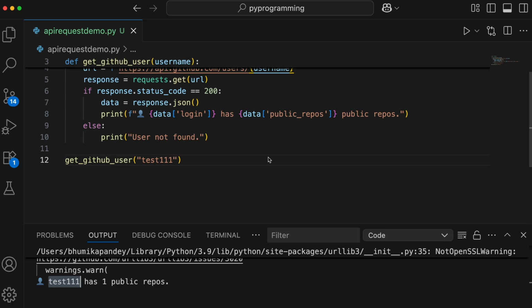Alright, so this was very basic of how you can make an HTTP request in Python, how you can read your JSON data, and how to actually work with live APIs. You can start exploring public APIs. There are so many. There is one for OpenWeather, and then there are a lot of chatbot public APIs. So maybe go ahead and give it a try.